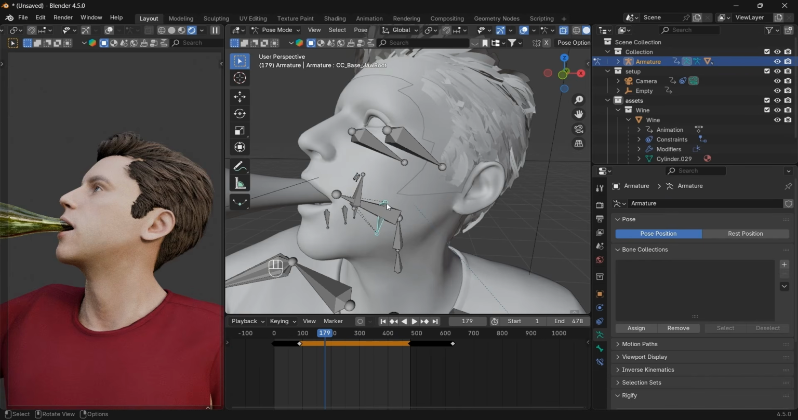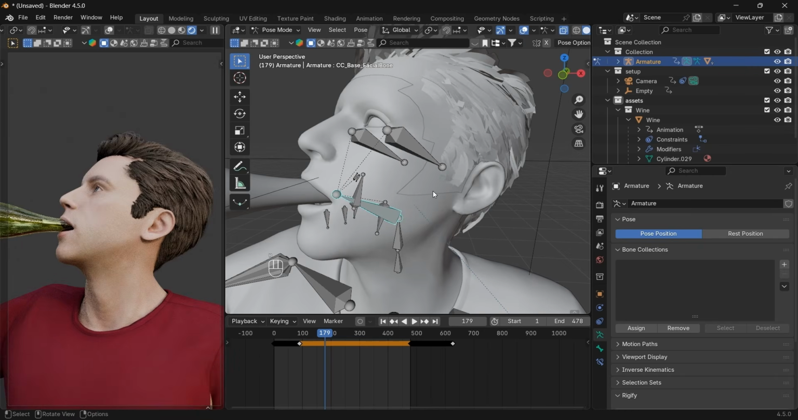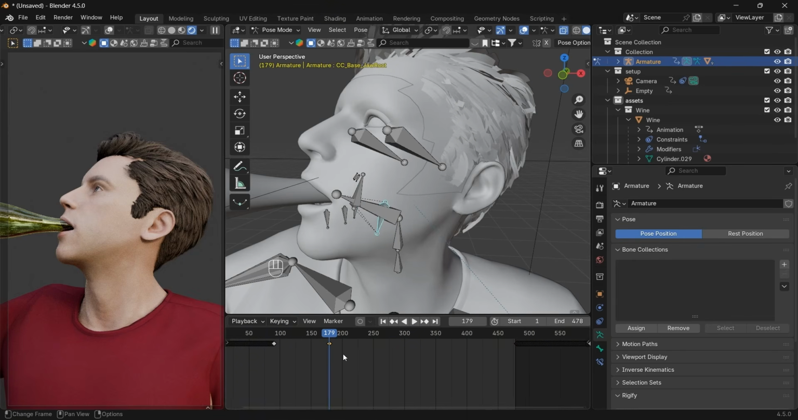This one is for the teeth. This is the facial bone. No, not the facial bone. This is the tongue bone. Okay, this is the jawbone, only I can use. At a keyframe over here, we have to just adjust this keyframe,